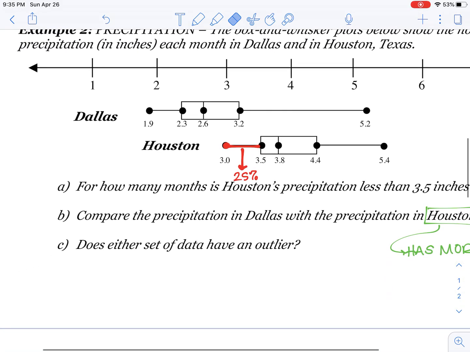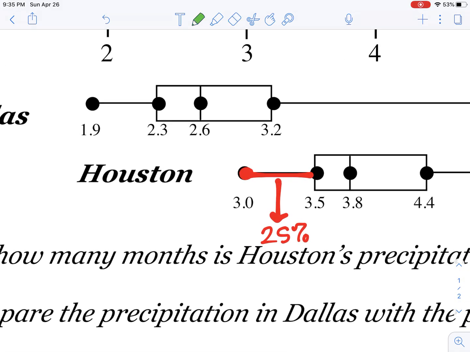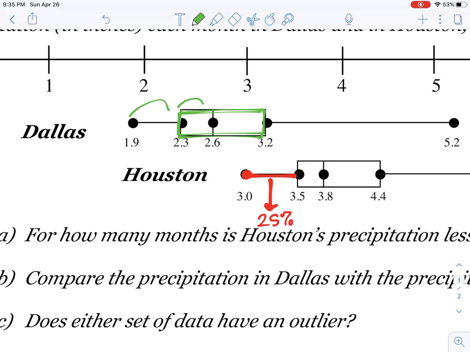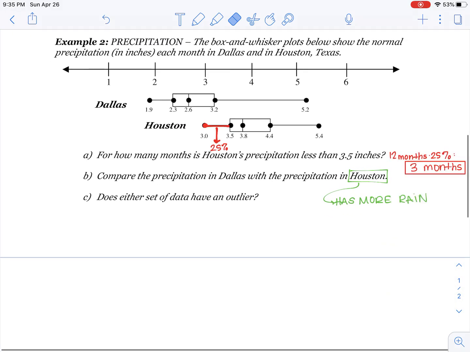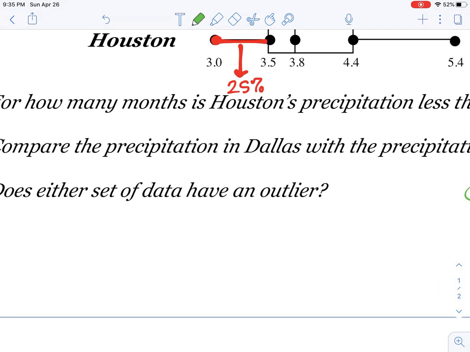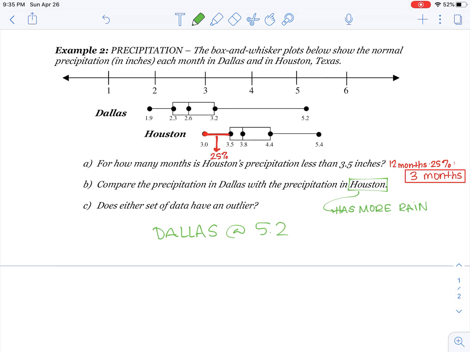So this gigantic area here is part of what makes that so, but it's also the fact that this box here, all of these are relatively the same distance. They're close. And then you have this gigantic gap. So that's a clue that there appears to be an outlier. And in that particular case, it is for Dallas. Because that span from 3.2 to 5.2 represents only 3 data values. So that's a pretty big gap from one